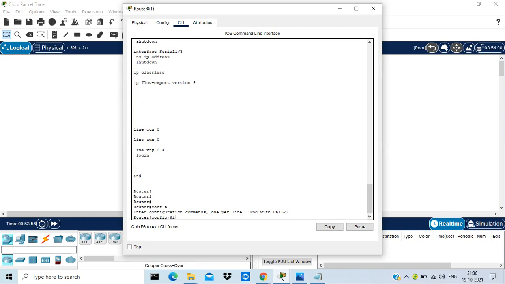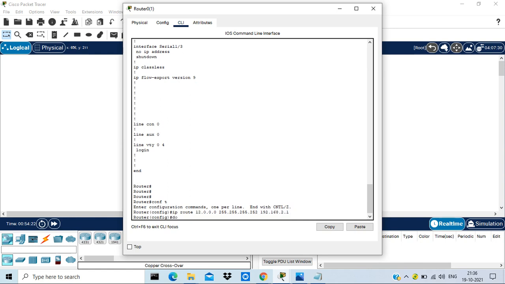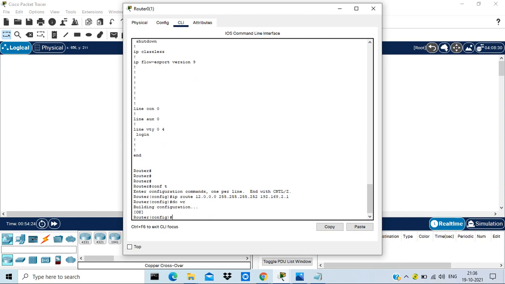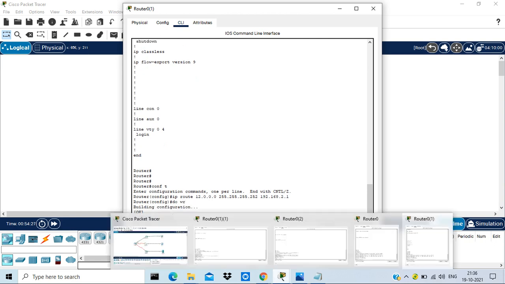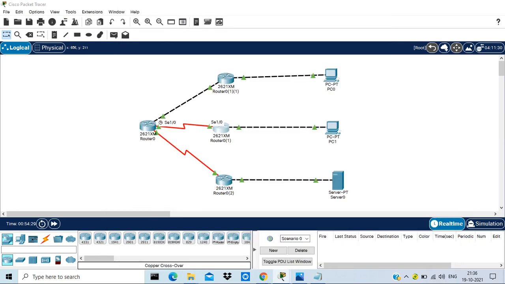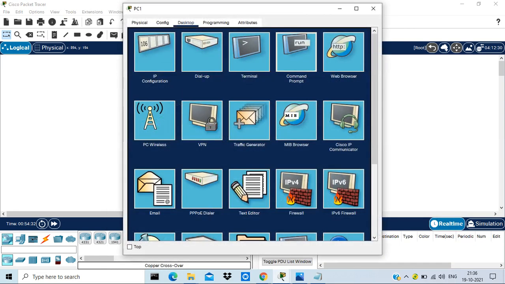So it is IP route, network 12.0.0.0, 255.255.255.252, and gateway will be 192.168.2.1, and then I will check from PC2. So I'm again going to PC2.